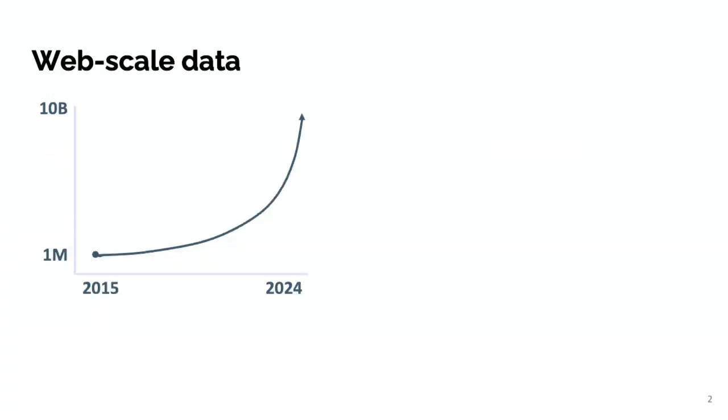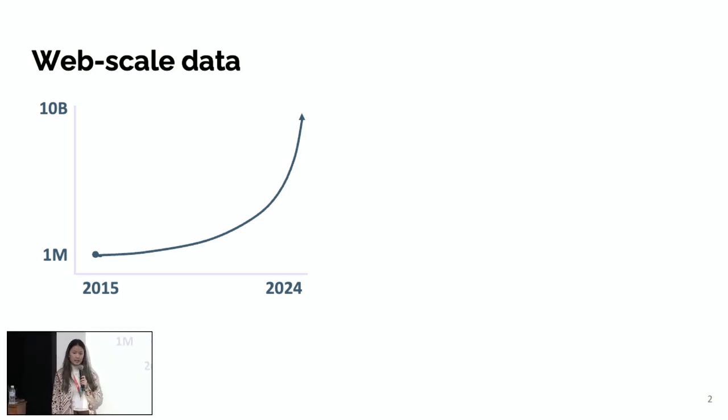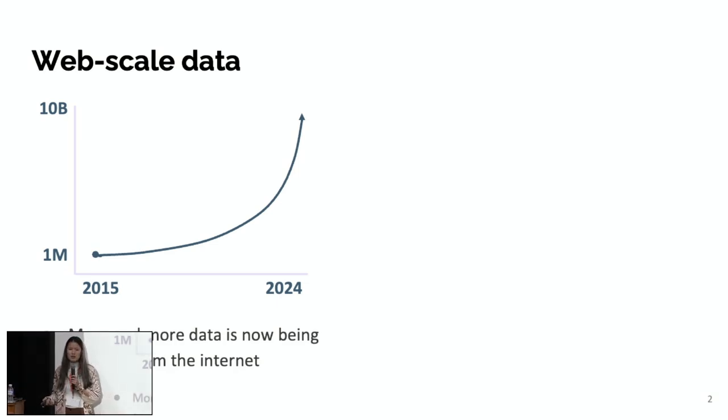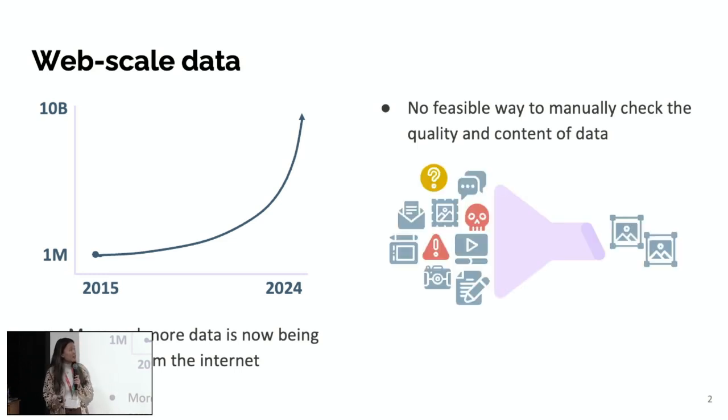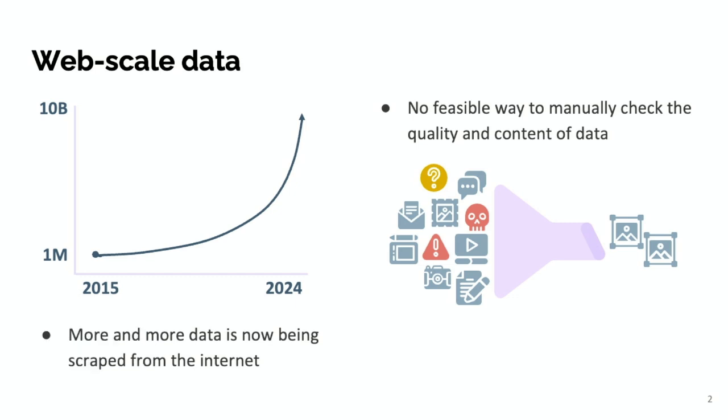Cool. As you all may be familiar with, over the last decade, image data sets have been growing in size in order to build larger and more effective machine learning models. What this means is, to keep up with these increases in magnitude, more and more data is coming from the internet. With this scale, though, come certain problems, as it no longer becomes feasible to manually check each individual sample, as ingesting data from the internet often requires methods to sort through irrelevant or potentially harmful and inappropriate content in order to output these final curated data sets.